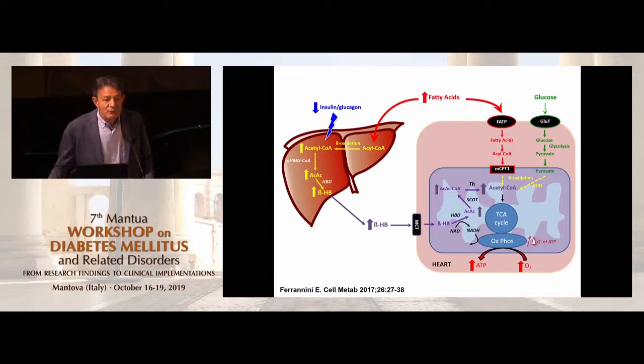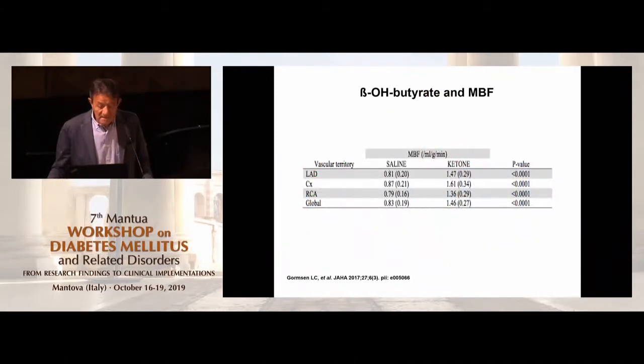Now, have we demonstrated this possibility in humans? Well, this is a study that I would have loved to do myself if the ethics committee had approved, which they didn't, the protocol, but it was done in Denmark. What they did in people, they infused beta-hydroxybutyrate, and of course it was an acute experiment, and the ketone levels were brought up into the millimolar range, so it was not exactly physiological.